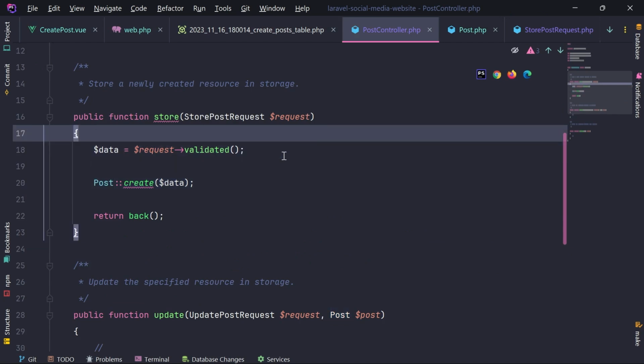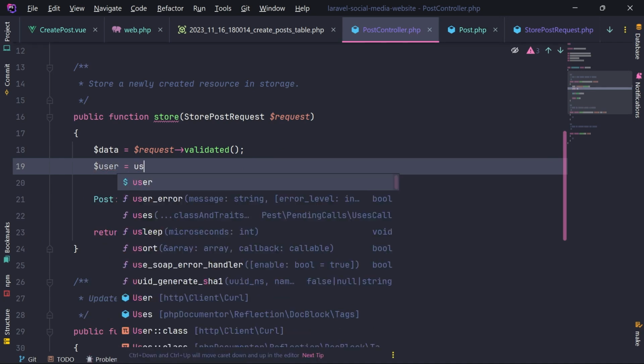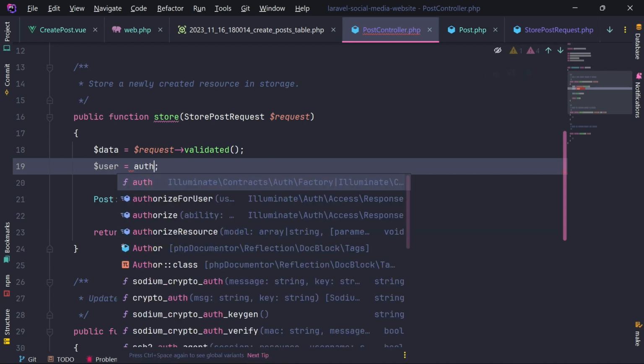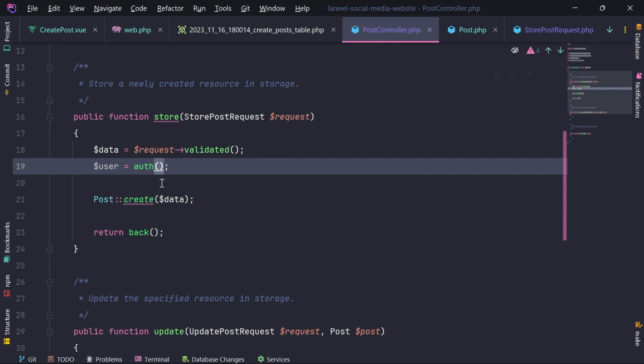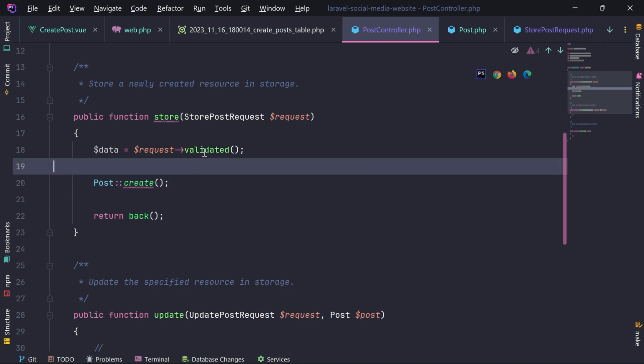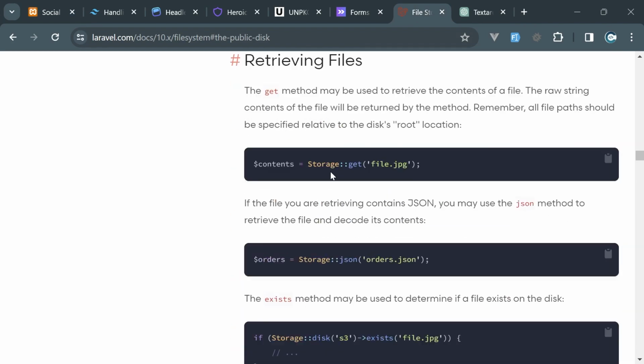Let me get the current user. That's going to be user. Unknown function user. I think it's called auth. Yeah. So I have this user, and inside data we are going to put the current user as well, or maybe we can fill this from the request. Okay, I need to now remember the request